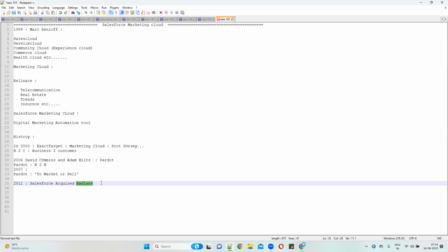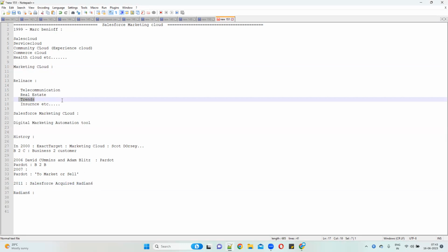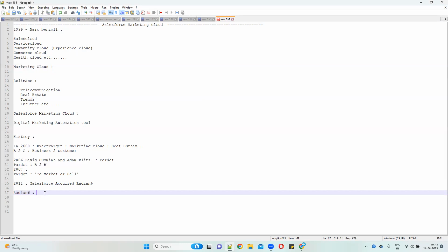So what this Radian6 will do is, for example, Reliance Trends is an example. Someone is seeing these trends and their clothes and all those things. For example, I'm seeing some insurances. Even Tanuja is also seeing, Srinivas is also seeing about their products in the market, on the website somewhere. Okay. So what this Radian6 will do is, it is a social listening platform.